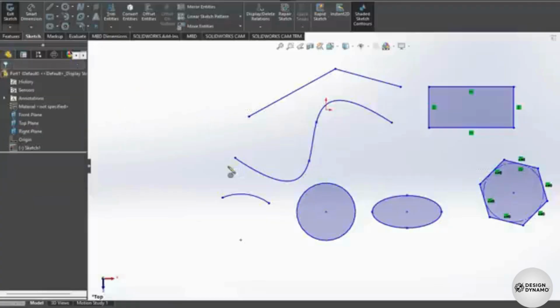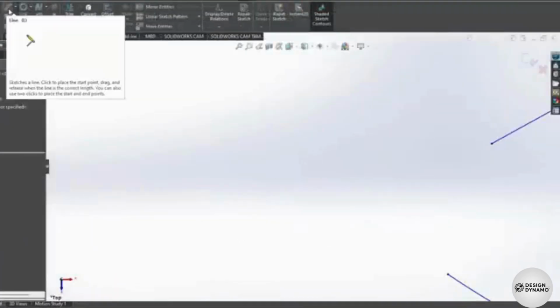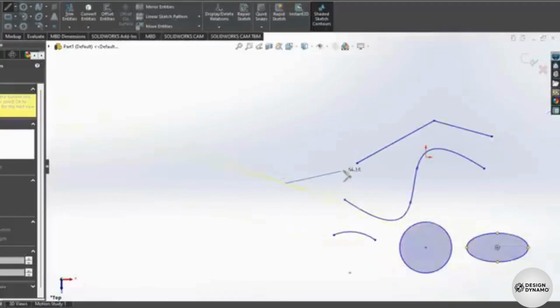Remember to use Ctrl and Z to undo your latest actions. SolidWorks has several drawing aids. While drawing, it shows live measurements on length and radius, as well as dashed guidelines to follow perpendicular or tangent directions. You also get snappings to object key points like endpoints, midpoints, and centers that you can disable by holding down the Control key. Special symbols on your cursor or on sides show the kind of relations applied on such